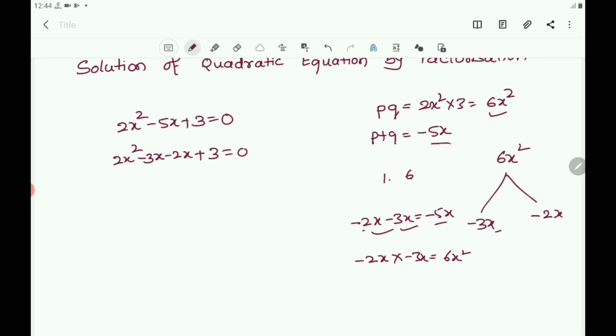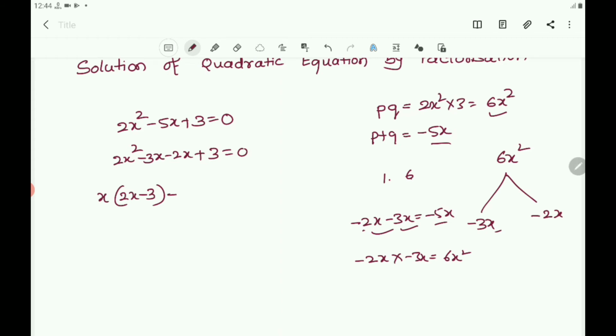Now make a group of 2 terms and try to remove the common factor. So here 2 is there, 3 is there, the HCF is 1, and in x square and x you can remove x as a common factor. So you write x into, what comes in the bracket here? 2x square is there, so x into 2x, because x into 2x you will get 2x square, then minus x into 3. So x into 2x minus 3, x into 2x is 2x square, x into 3 is 3x.